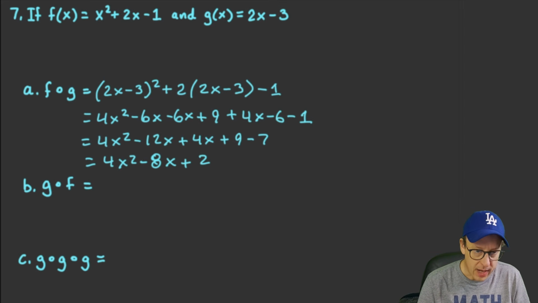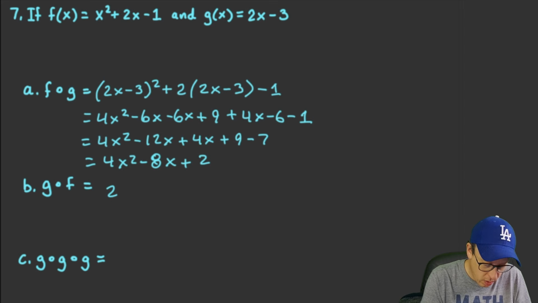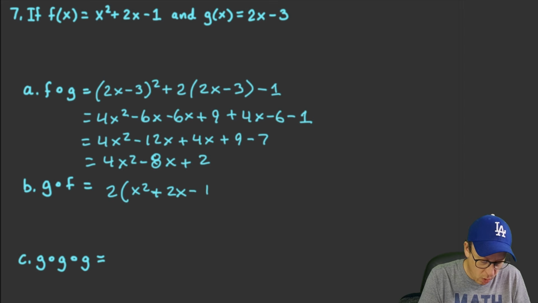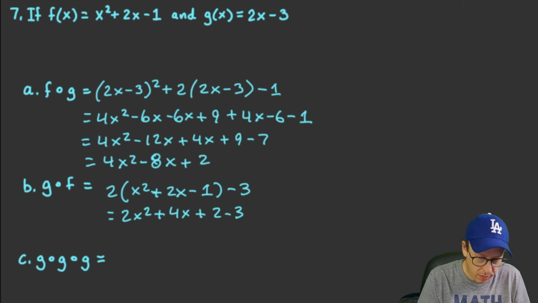Okay, then we have g composed of f. And that's going to give us 2x squared plus 2x minus 1 minus 3. And we just continue, 2x squared plus 4x plus 2 minus 3,